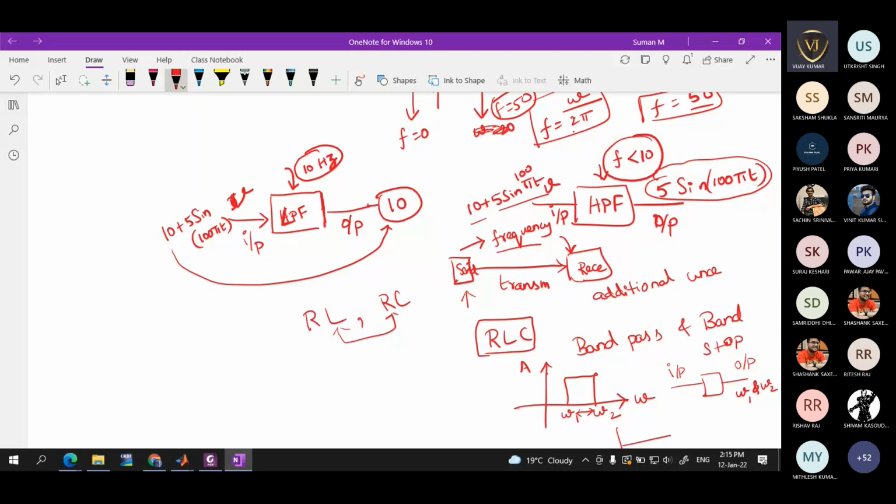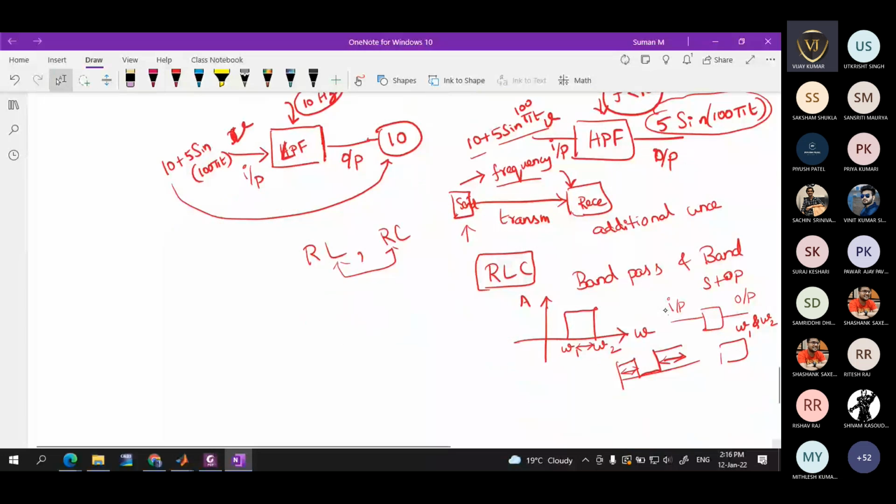Similarly, the other one is band stop, where you don't allow certain frequency signals. You can consider the same case. Let's say you consider it as omega 1 and omega 2. In the previous case, whatever signals exist between omega 1 and omega 2 were allowed, that is band pass, where one particular band is permitted. Here it is going to behave like a band stop. Whatever signals come within this band, it will not allow.